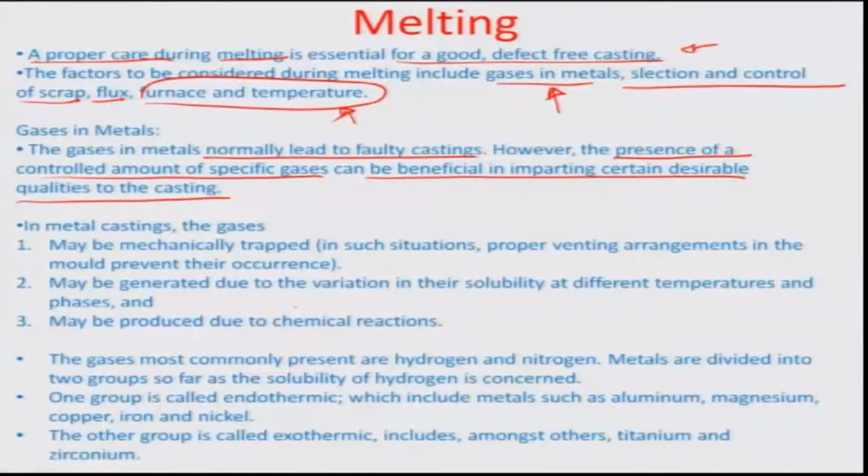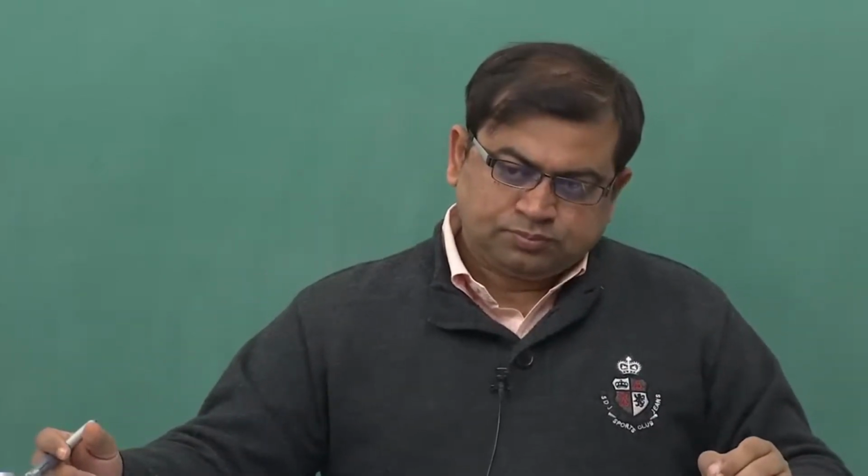Again, if you had no proper venting arrangements for the gases, the first trapping that may come is mechanical trapping, because obviously there are going to be some hydrocarbons or oil within the furnace which is going to generate this gas, and the liquid has a certain solubility, and there is a classification of materials based on whether they are endothermic or exothermic, where the solubility may vary with the temperature in a non-identical manner. And for example,